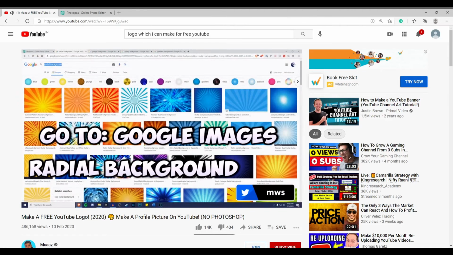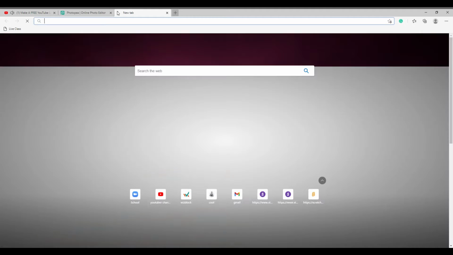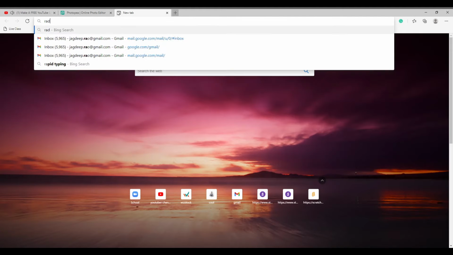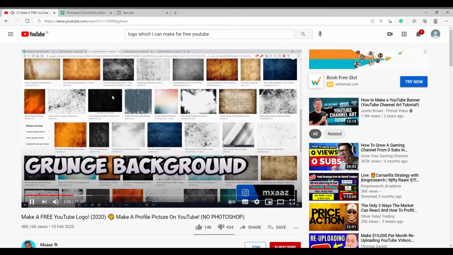Right here we can do the radial background, which shows you a sunburst effect, and you'll have a bunch of cool different pictures that you can choose from. And then moving on from that, we have the grunge backgrounds, which honestly I'm not really a big fan of, but for some reason they're very popular in the Call of Duty